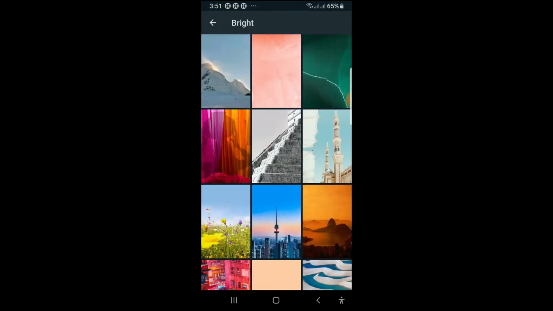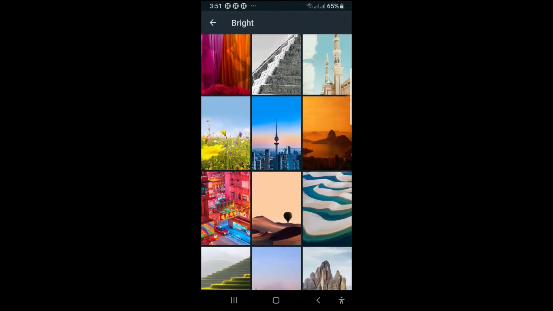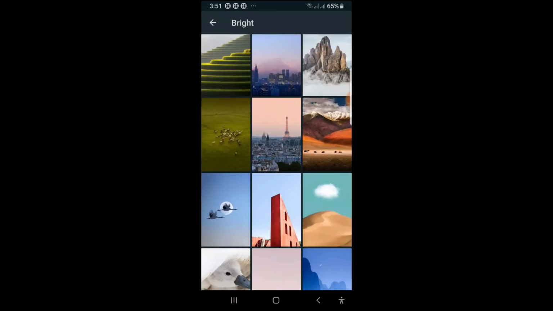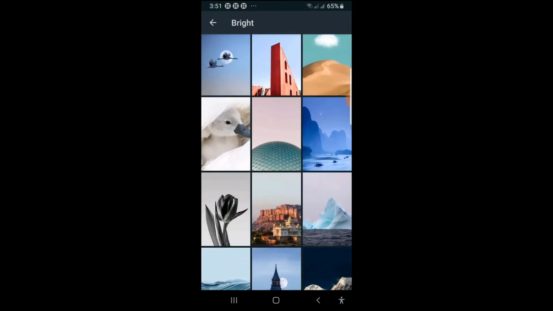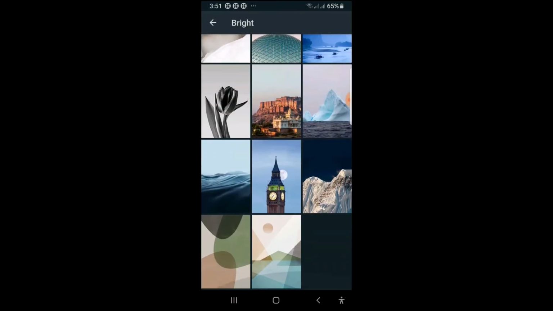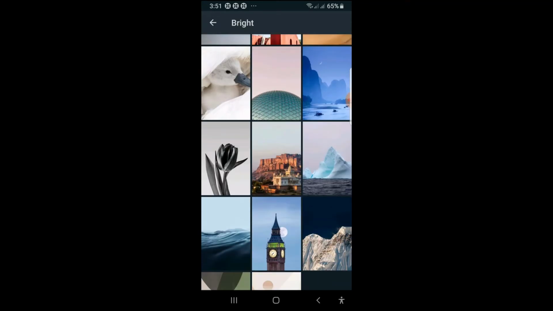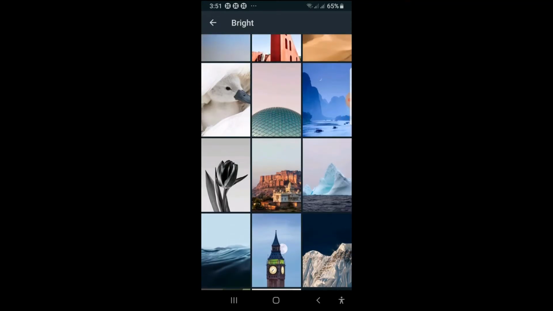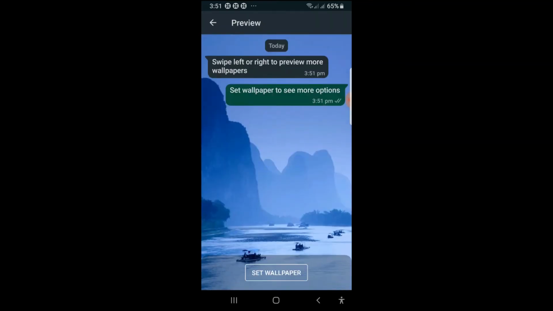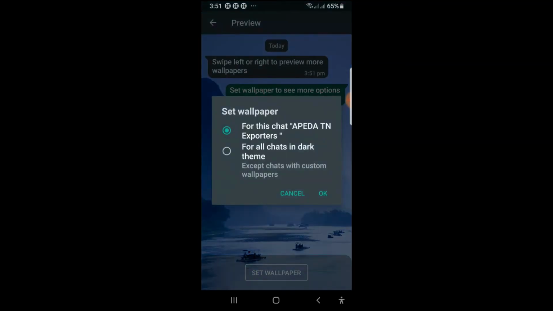I'm selecting light, selecting this color, set wallpaper, click it for this chat, right?